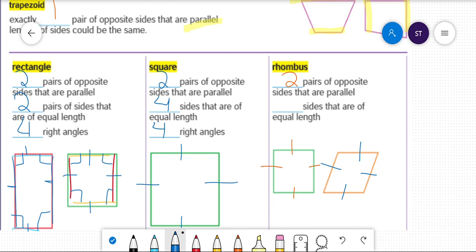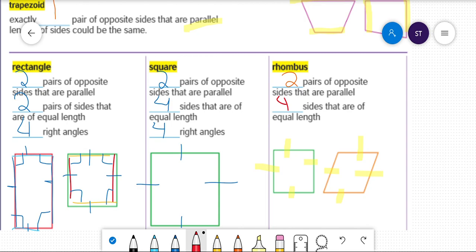The next is that a rhombus must have all sides of equal length. Just like a square, all of these sides on a rhombus are equally measured. Just like on a square, all sides are equal. So in order for a shape to be considered a rhombus, it must have all four sides equal. So we know that a square is a square,